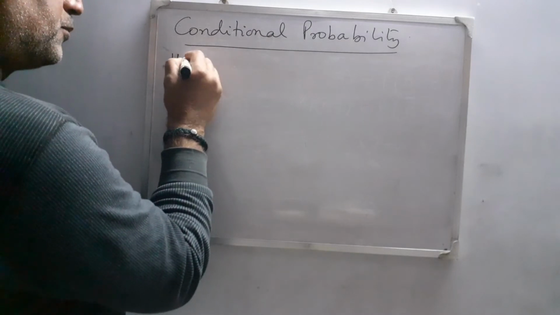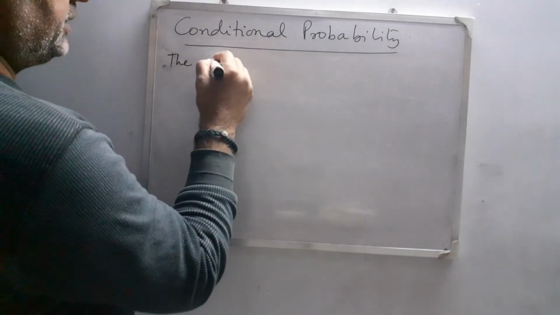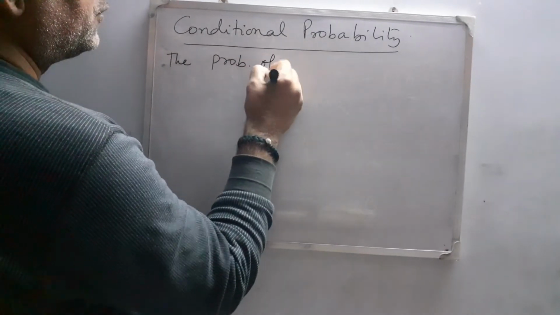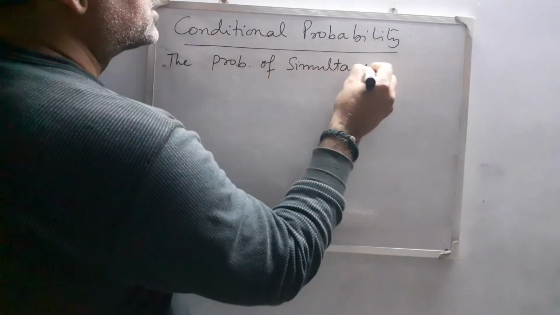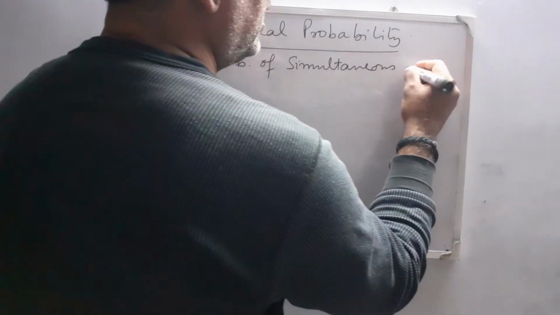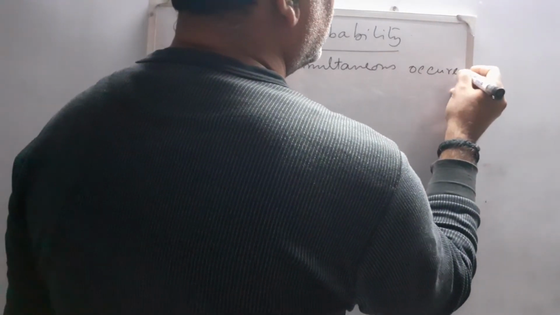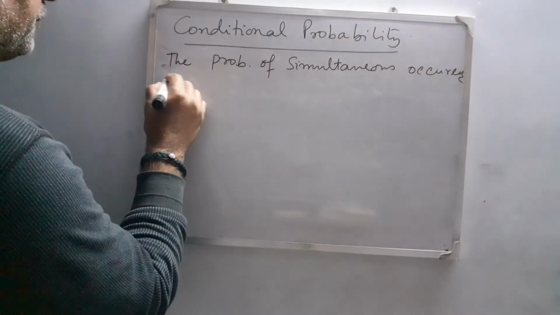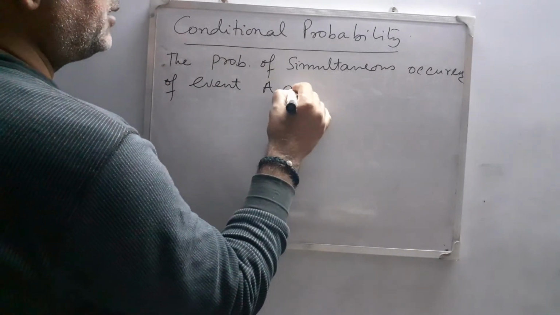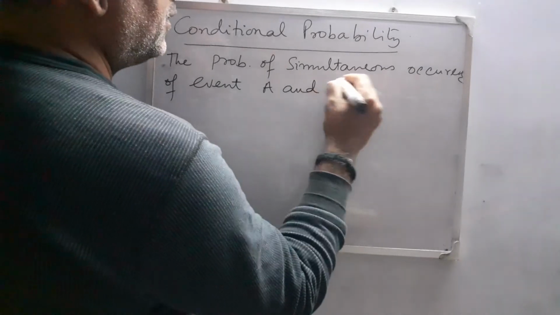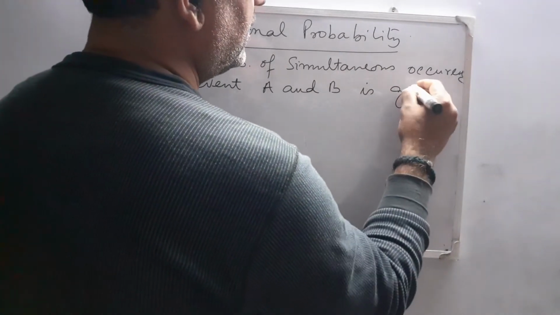The probability of simultaneous occurrence of events A and B is given by